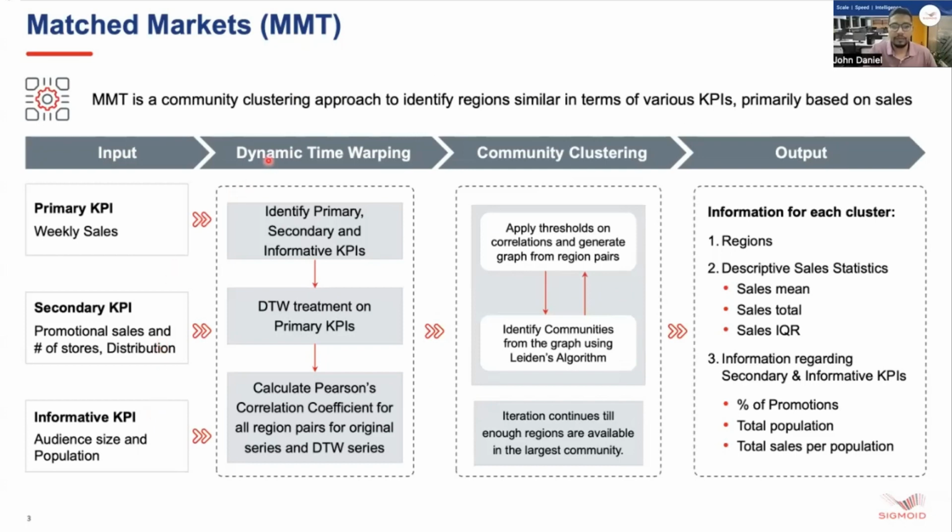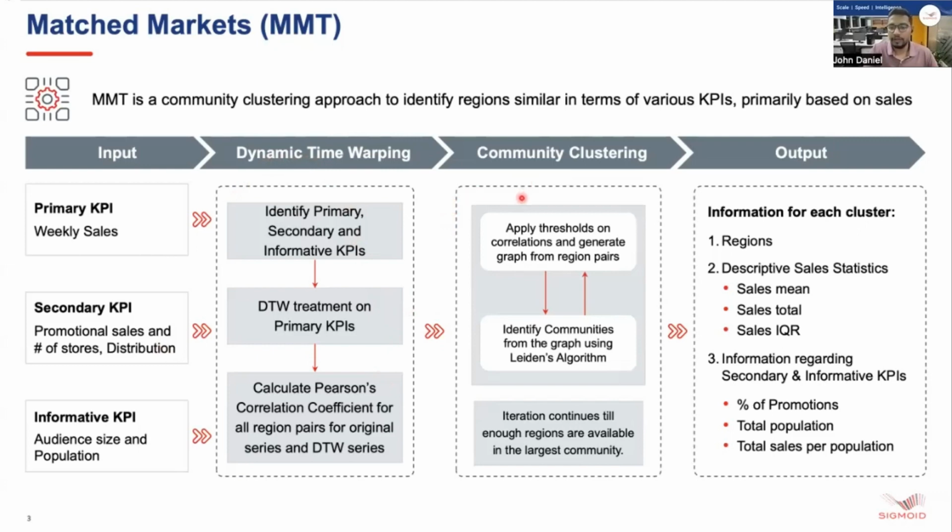Moving to the first step of MMT, the dynamic time warping. After identifying the primary, secondary, and informative KPIs, we do a DTW treatment on the primary KPIs, and then we calculate the Pearson's correlation coefficient for all the region pairs for the original as well as the DTW series. We will be covering dynamic time warping in our session 2. Proceeding to the next step,